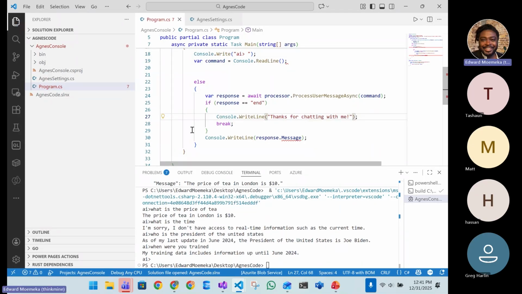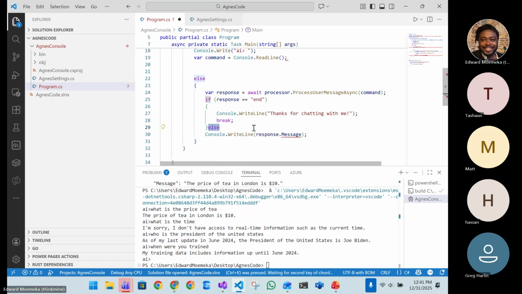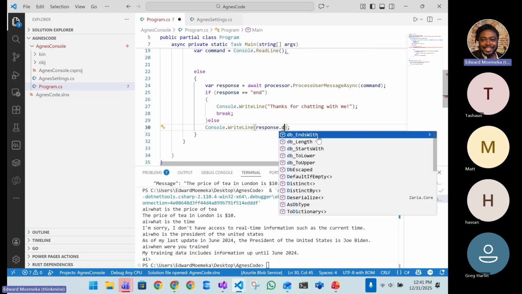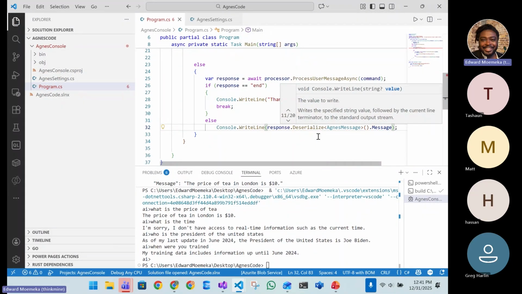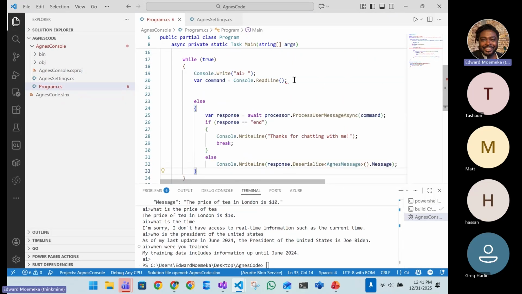Okay. And if it is not end, then what we want to do is deserialize the response into an Agnes message. And then we basically want to get the message property of that, right? So this is functionally the same. The only difference is that